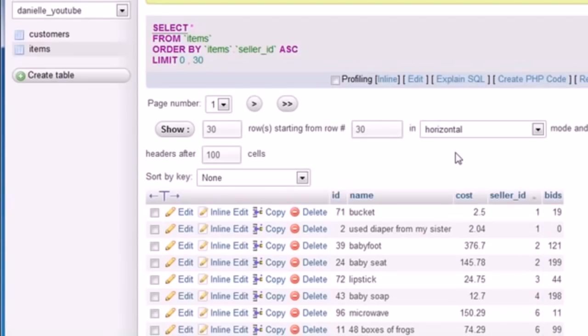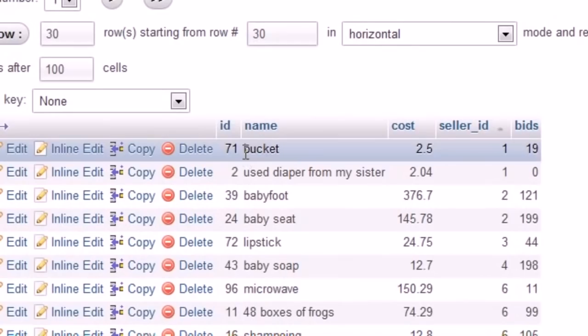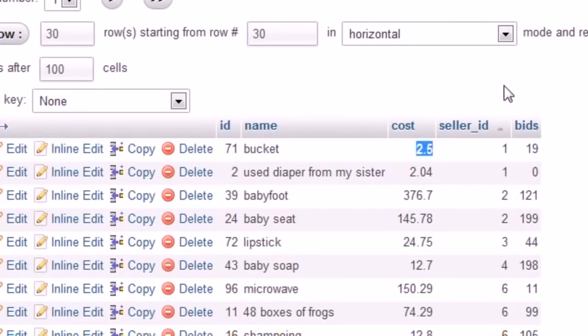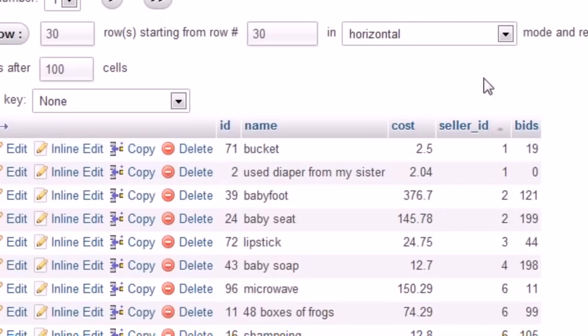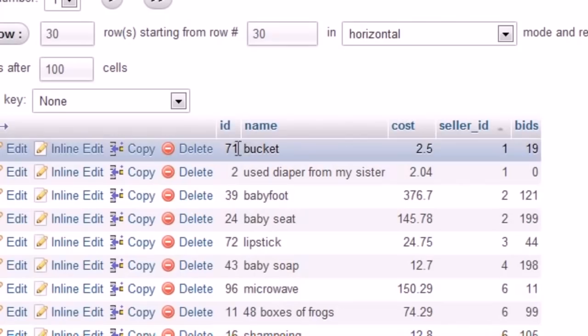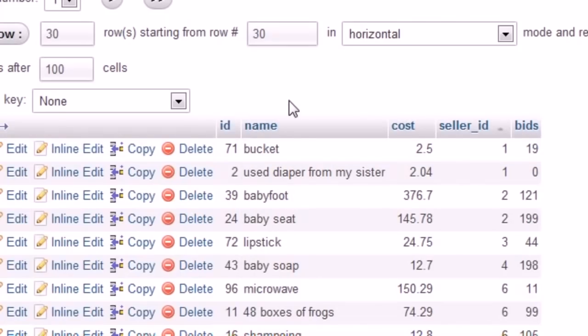What if our boss comes in and he's like, Bucky, these items, you're doing a pretty good job on these. You have the name of the item, the cost of the item, the number of bids. That's pretty good information. But we also need the seller's information. Whenever you list the item in a table, you need the seller's name and address and zip code and state. Therefore, whenever anyone is bidding on your item, they know if they win it where to send the money to, or whenever they win your item, they know where the item's coming from to calculate shipping